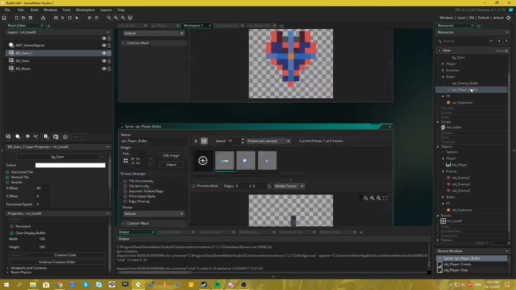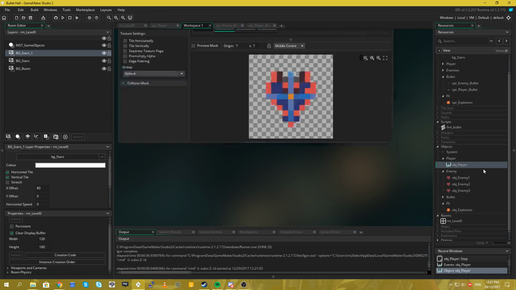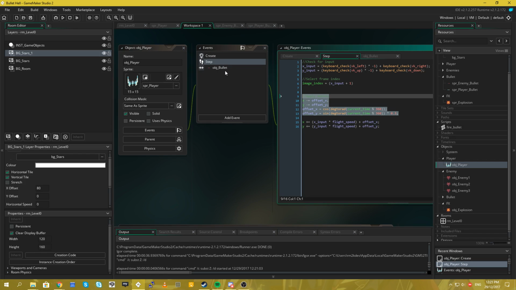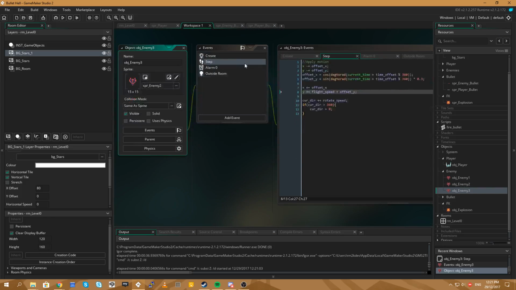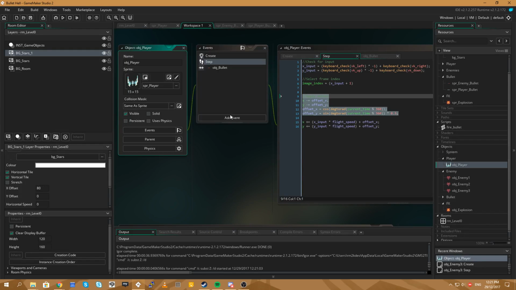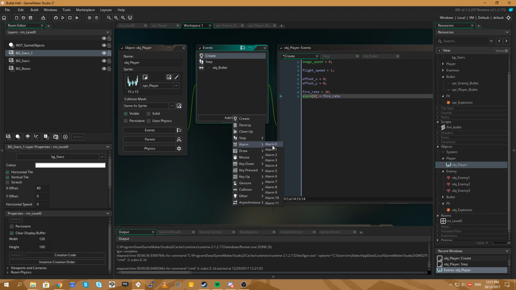So let's create a way for the player to shoot. Let's have a look at the player. The bullets are all facing the correct direction. Now the player object, we need a... Actually, let's do what we do in the enemies here. The player is going to have a fire rate. And I want to use the same variable name, so we'll have fire rate and alarm 0. Space button. All right. Create event. Let's add our fire rates and our alarm.